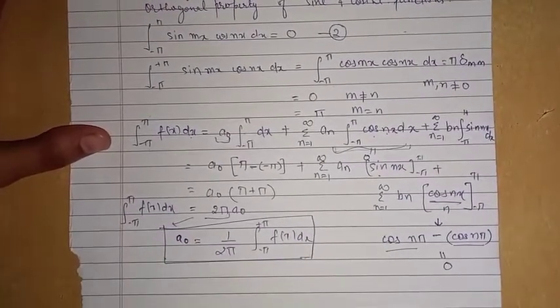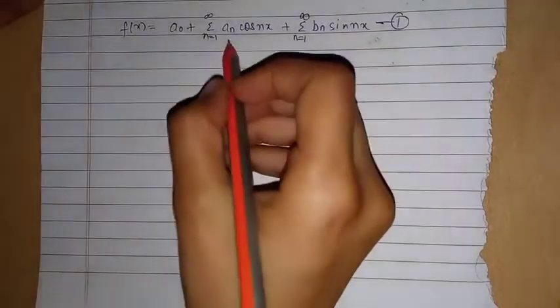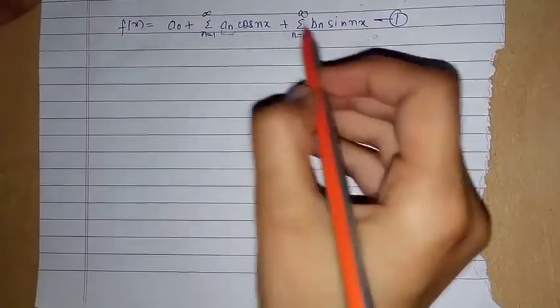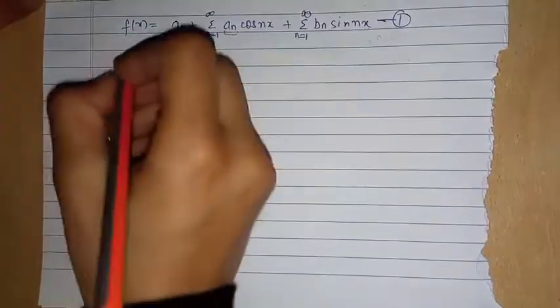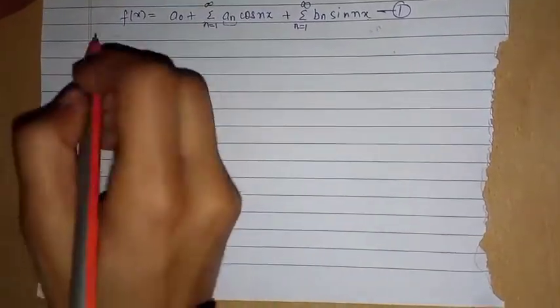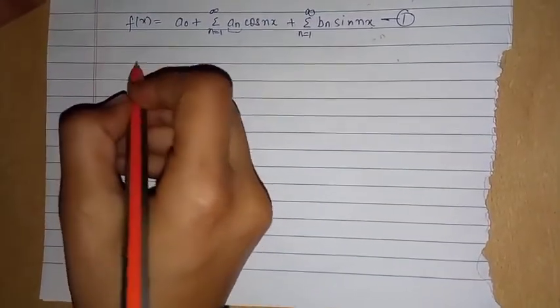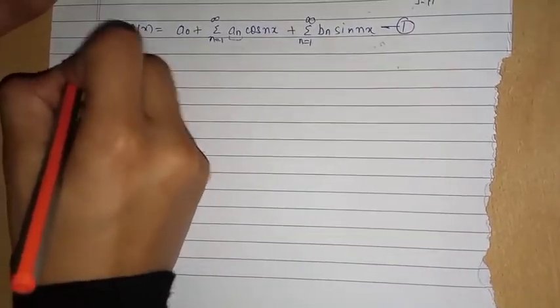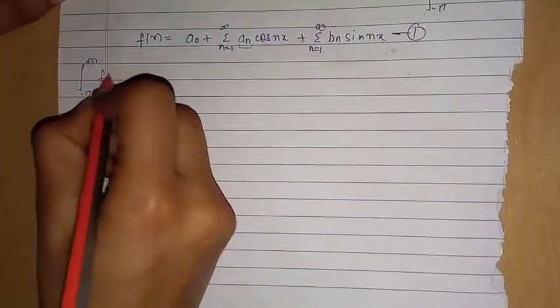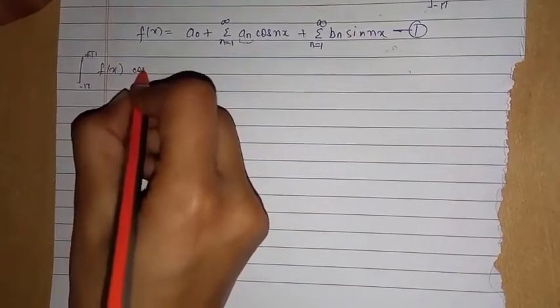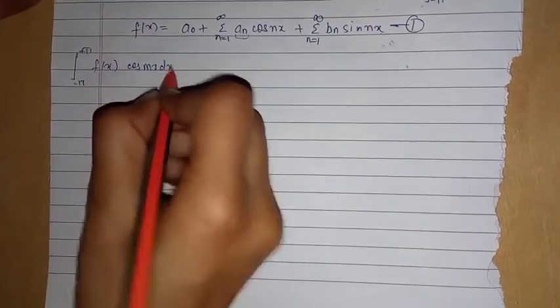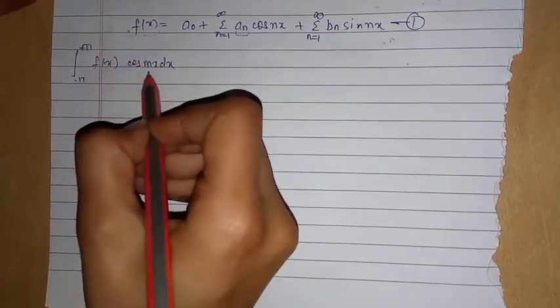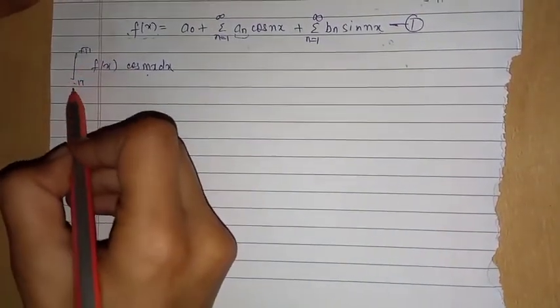and this is the value of a0. Now to evaluate an, we will multiply this equation with cos mx on both sides, and then integrate between the limits minus pi to pi, that is the integral from minus pi to plus pi of f(x) cos mx dx. We have multiplied f(x) with cos mx and then integrated it between the limits minus